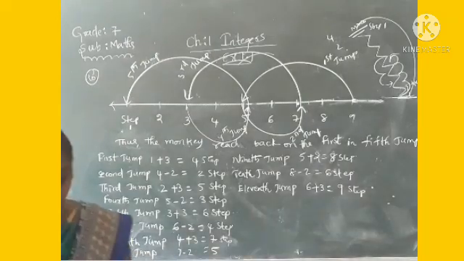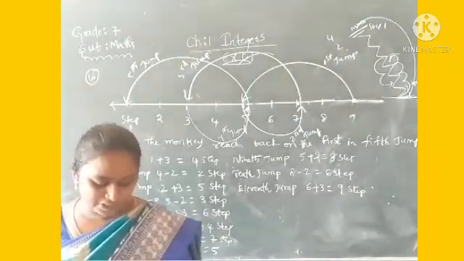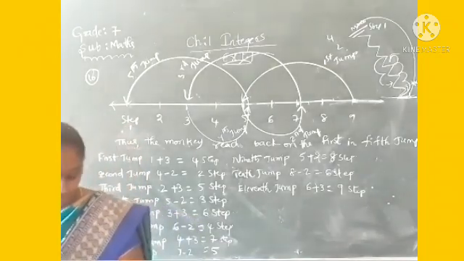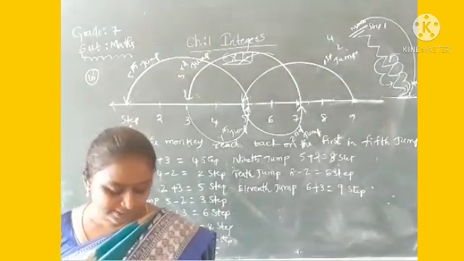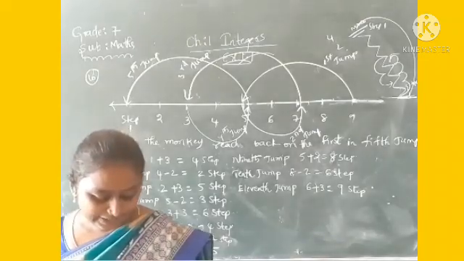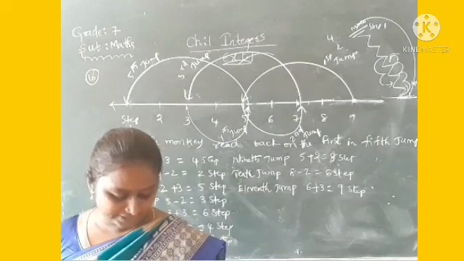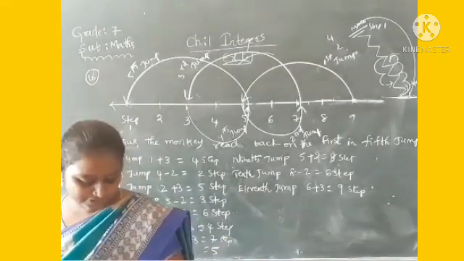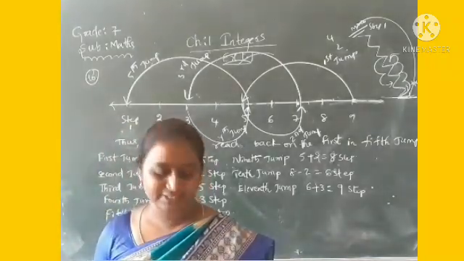Okay, children. And the third question, see what they have given. If the number of steps moved down is represented by negative integers and the number of steps moved up by positive integers, represent his moves in part 1 and part 2. Complete the following: minus 3 plus 2 and so on is equal to minus 8. 4 minus 2 plus and so on is equal to 8. In question number 1, the sum minus 8 represents going down by 8 steps.